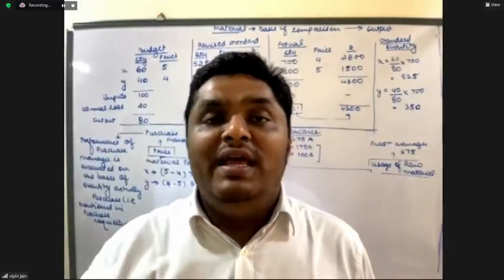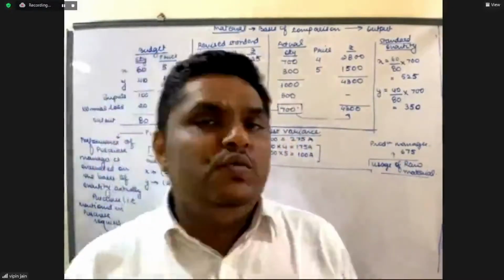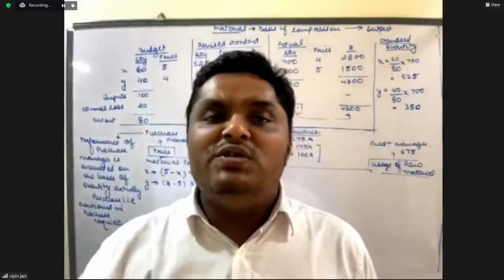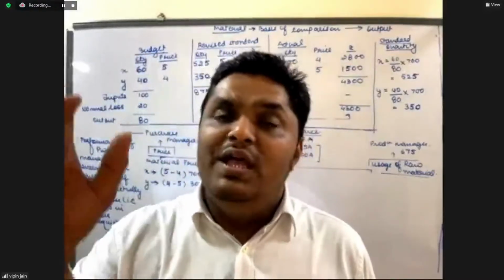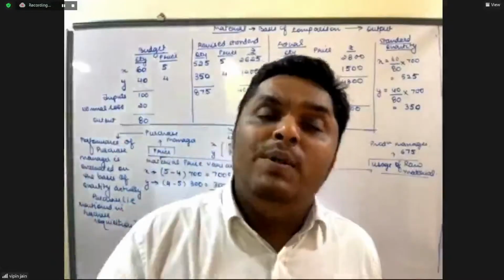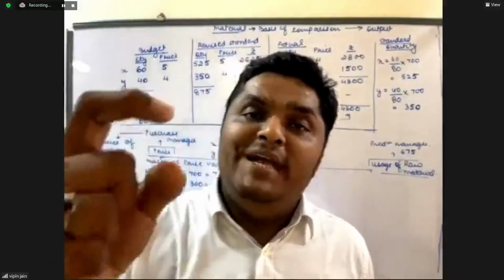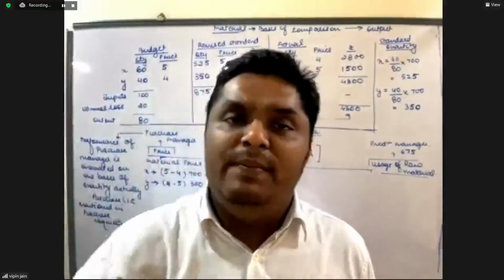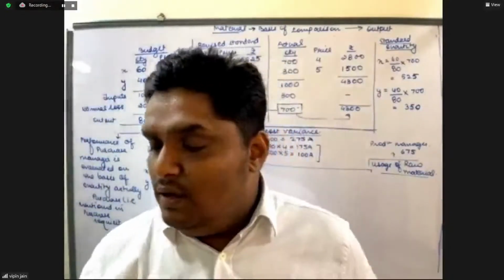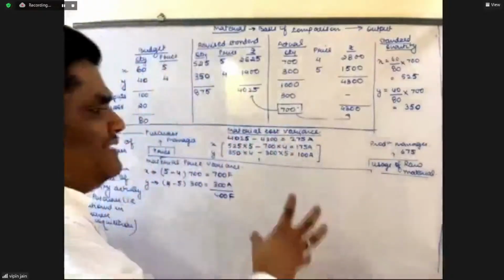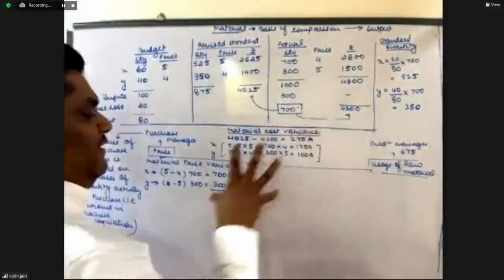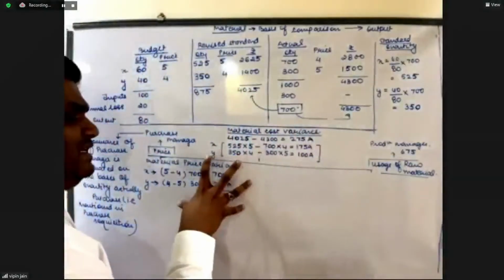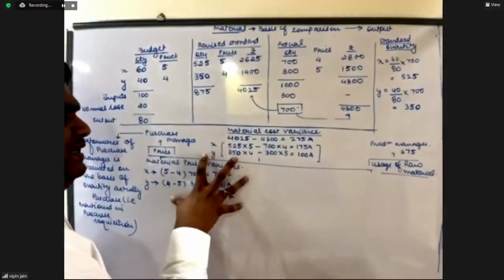They have nothing to do with how much quantity is supposed to be used, or how much quantity is actually used. They are concerned only about at what price we should purchase, and at what price we actually purchased. So now there is an overall loss of 275, wherein the purchase department has done a great job,